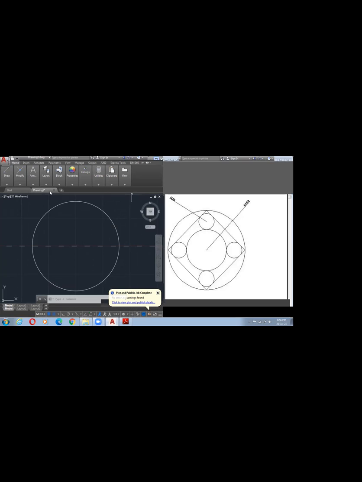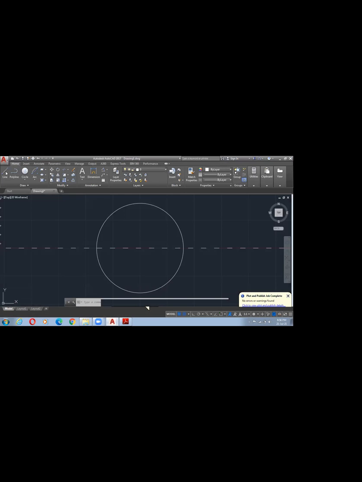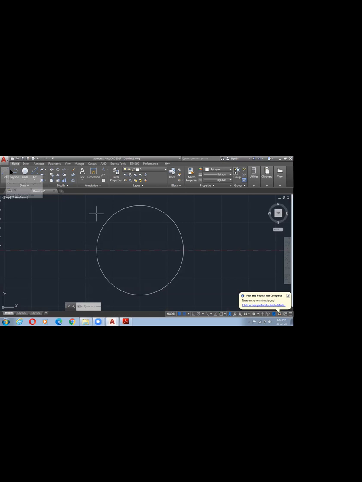First, let us make that square. Either by line you can make it or by rectangle. Line will be easier for you than rectangle. For that, let us switch these all on.